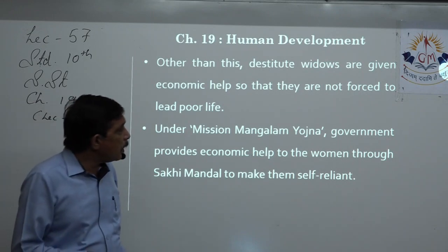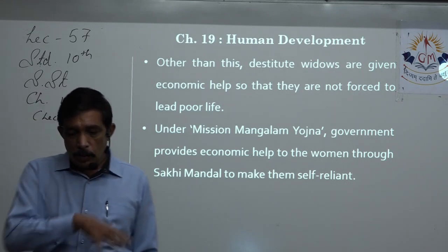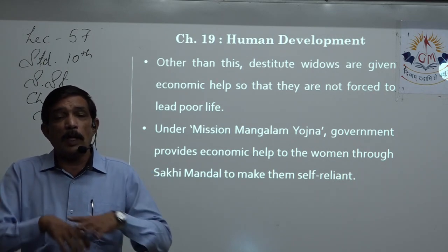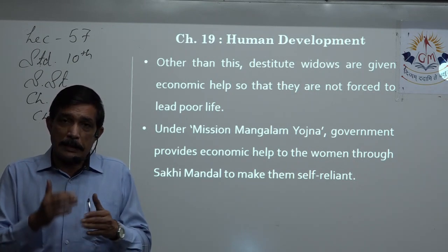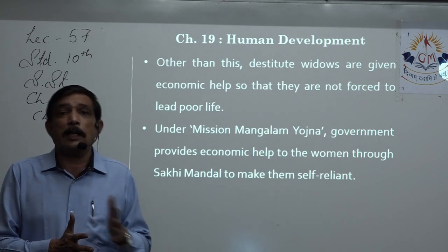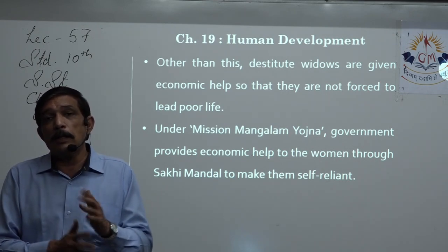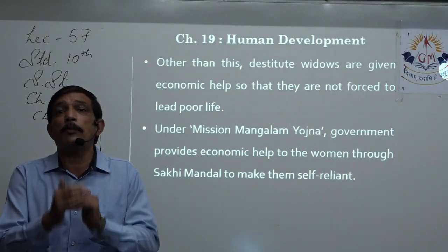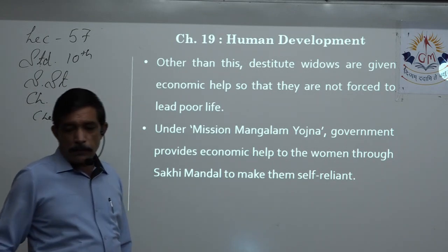So the Mission Mangalam Yojana provides economic help to women through Sakhi Mandal. First they have to establish a Sakhi Mandal. They have to collect some of their own money, and when that is steady and sustained, then they can get help from the government. So Mission Mangalam helps them, but they have to make a group and show that they are one and can progress. So in order to make them self-reliant,